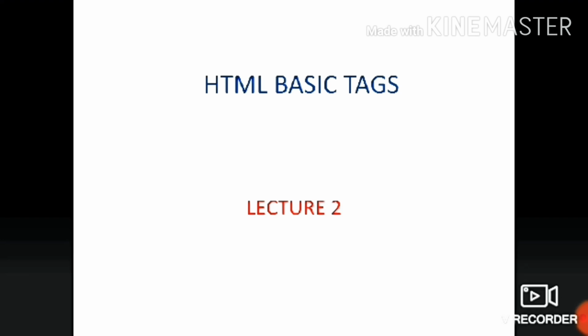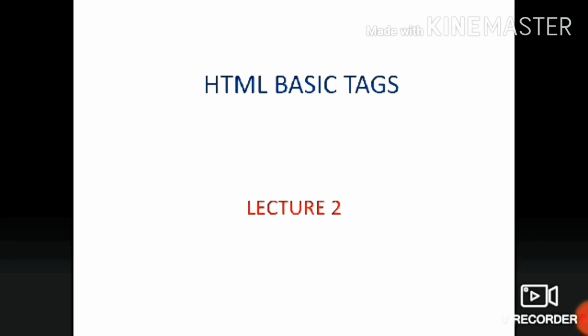Welcome to our next lecture, and it's about HTML basic tags. In the last lecture we saw HTML basics. In this lecture we will discuss the basic tags which are required to form an HTML page. In the last lecture we already learned one simple HTML program in which we covered what is a tag, what is a start tag, what is an end tag, what is the use of the title tag, body tag, head tag, etc. Again I will revise all those points and steps of writing an HTML program in the next slide.